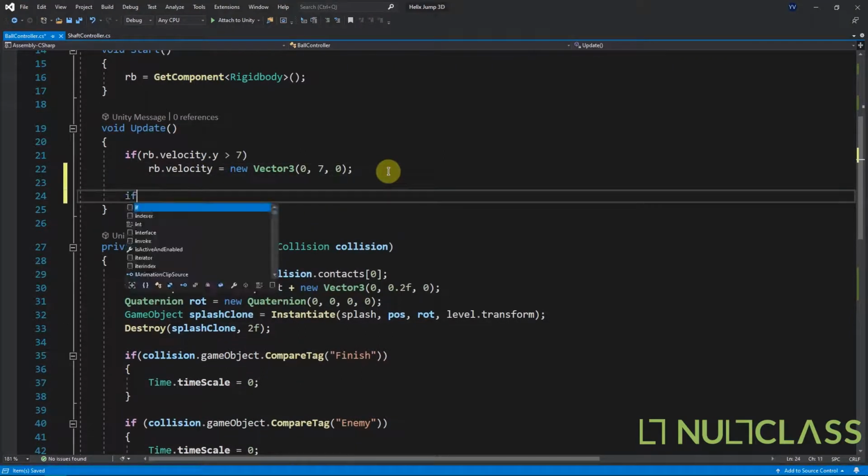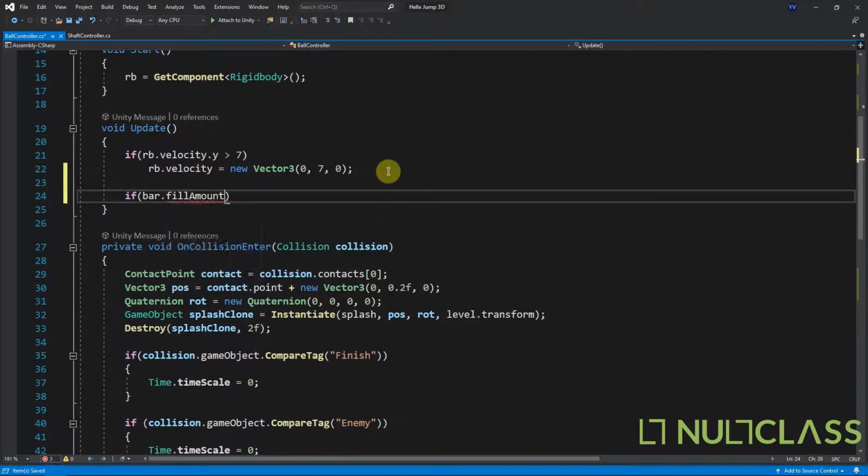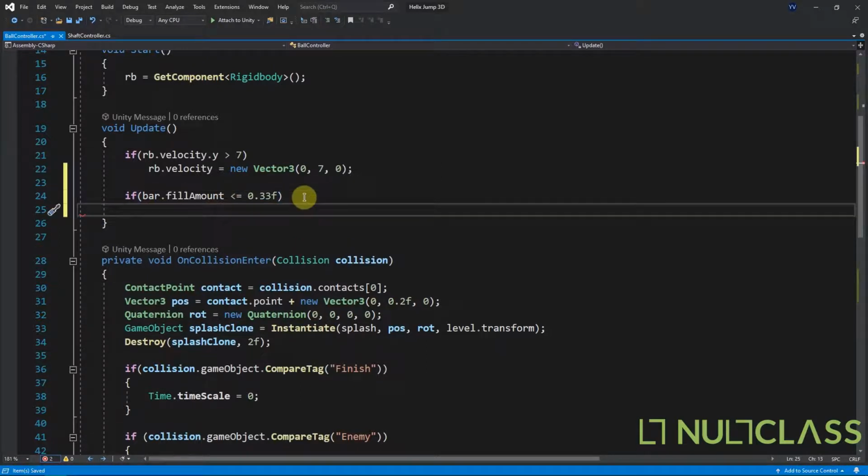If bar dot fill amount is smaller or equals to 0.33, then what we'll do is bar dot color equals to color dot red,